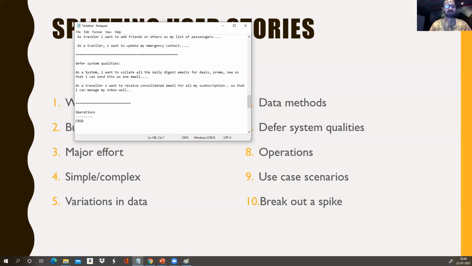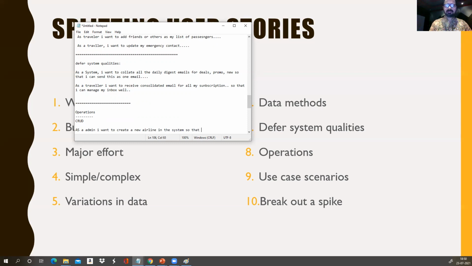It would be like, as an admin user, I would like to onboard a new airline service, so that our customers can buy tickets of that. Rather than onboard, I'll just use the CRUD itself: I want to create a new airline in the system,